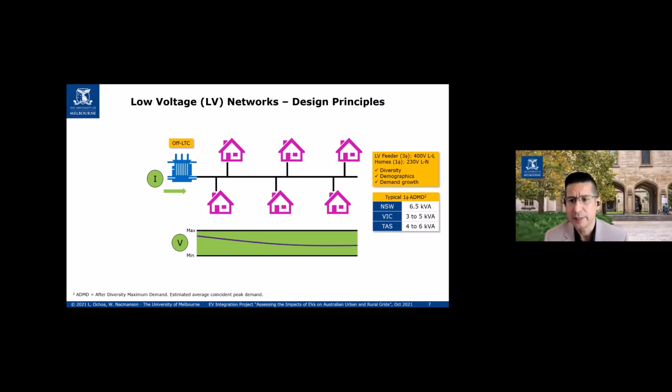Now, people use their houses in different ways. Fine, but on average, in the coincident peak, not all the people are using the electricity equally. So whilst you're using a lot, your neighbor might not be using much, and then that averages out. So that average is less ADMD. That in New South Wales, for instance, is much higher than in Victoria.